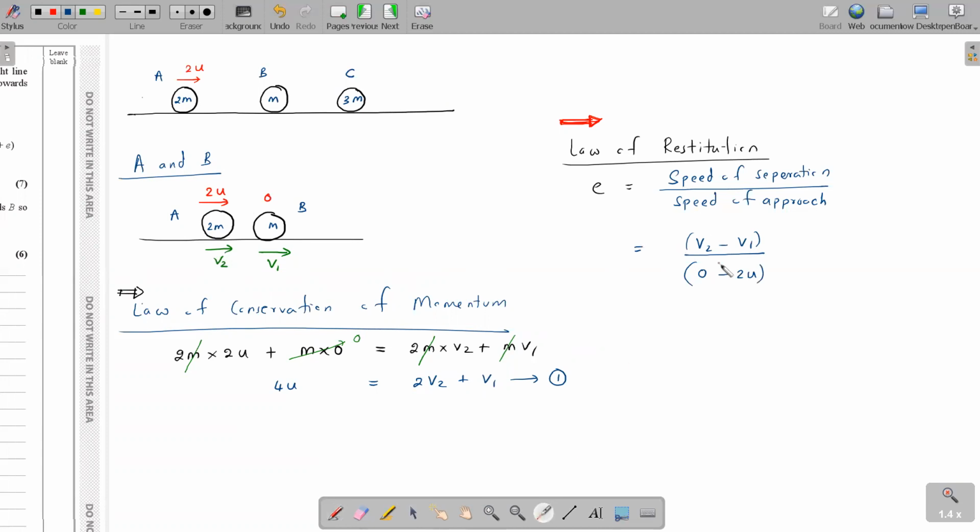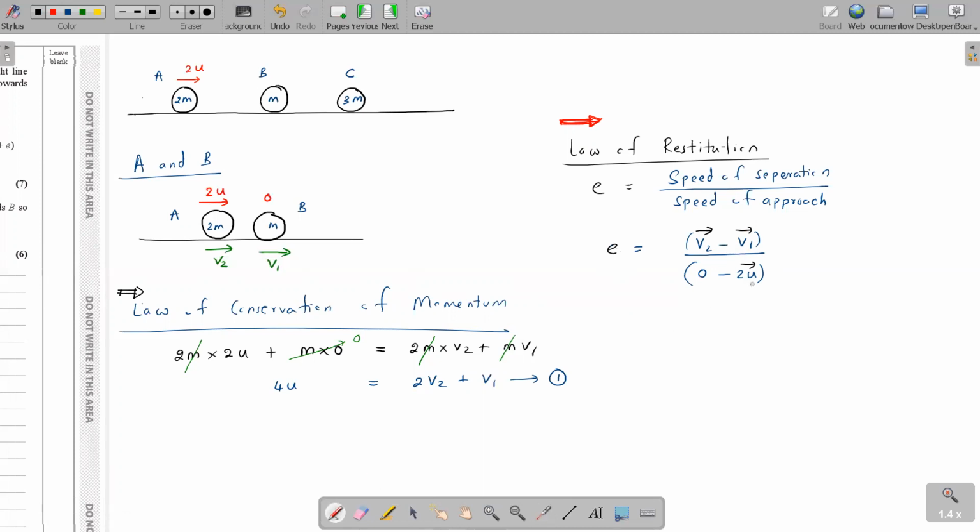Otherwise, that's how it's taught in the book. So you take speed of separation V2 minus V1 starting from A, and the speed of approach, you switch. So 0 minus 2u, you give the directions, see whether we need to turn anyone. V2 is to the front, V1 is to the front, 2u is to the front. So everyone is agreeing with this direction, therefore it's fine. If there's anyone who didn't agree, you'll have to turn it to the other side, which means there will be a negative sign involved. Okay, so let's put the values in.